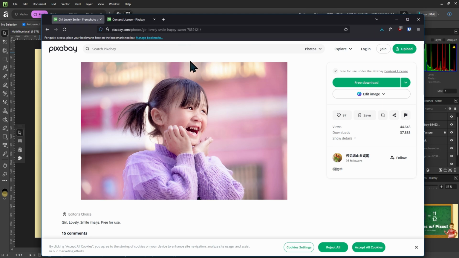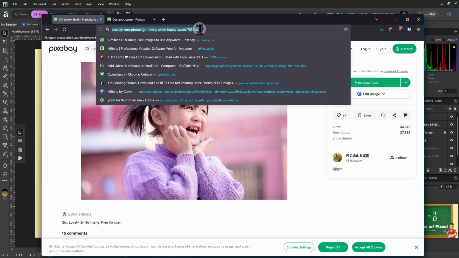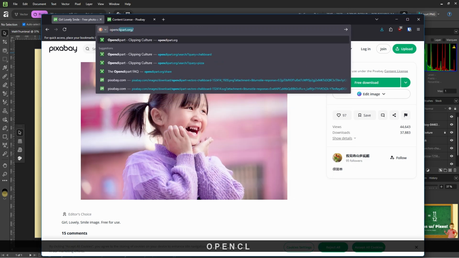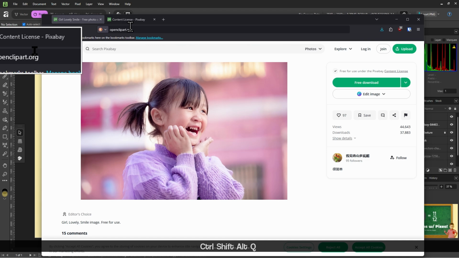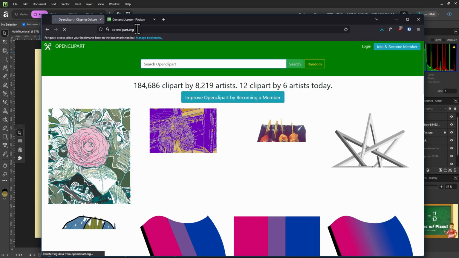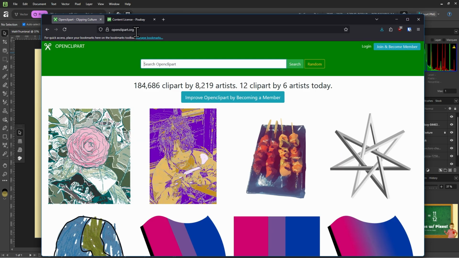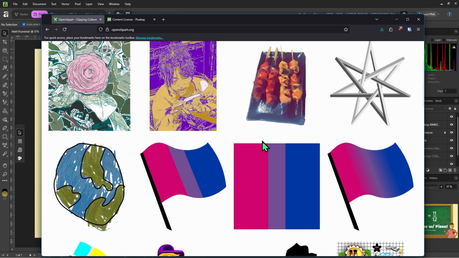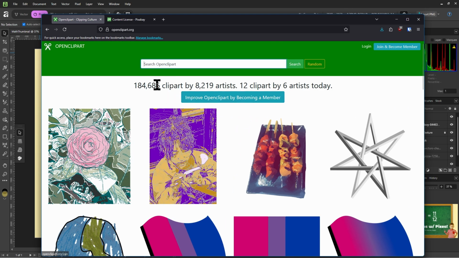But instead of continuing in Pixabay, I actually want to introduce you to another website, and that is openclipart.org. Write that down, openclipart.org. And here, in Pixabay, you can find realistic images, right? Well, this website focuses specifically on non-realistic images like cartoons and clip art. As you can see, there is no realistic image from here.